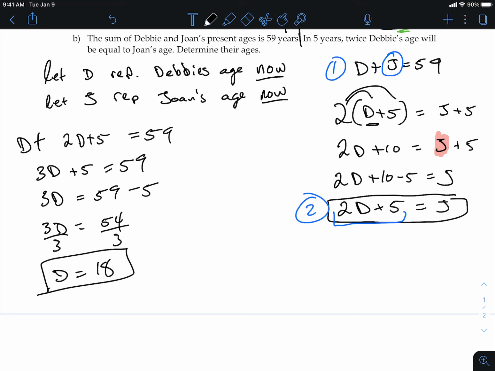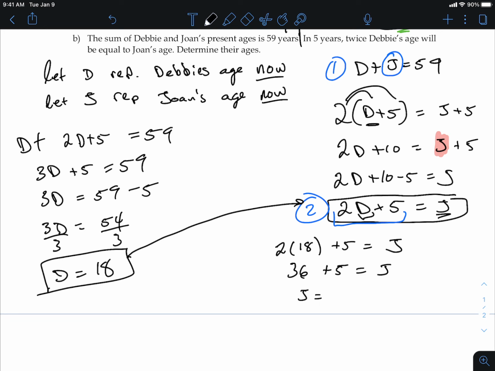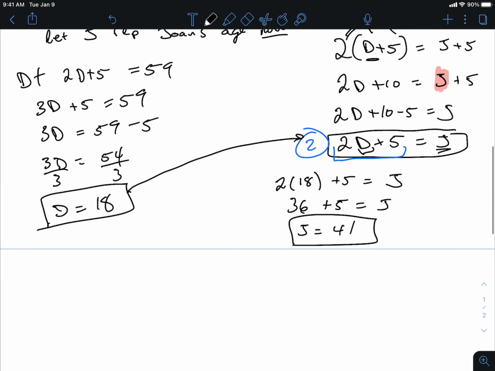Okay. Then you could take this and plug it back into the second equation for D and find out what Joan's age is. 2 times 18 plus 5 is equal to J. 36 plus 5 is equal to J. J is equal to, therefore, Debbie's age